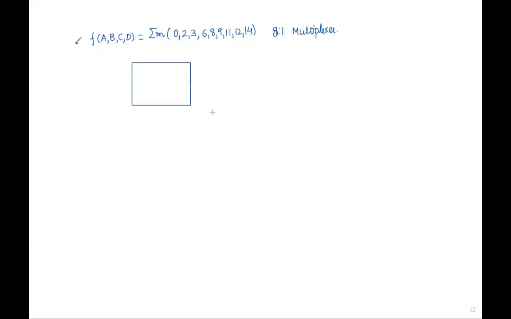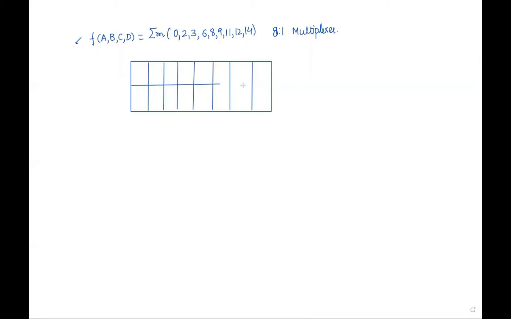So here an 8:1 multiplexer is to be used, so we will be making that. Now here you will write A bar and A, and in the 8:1 multiplexer you will have 8 inputs: D0, D1, D2, D3, D4, D5, D6, and D7.